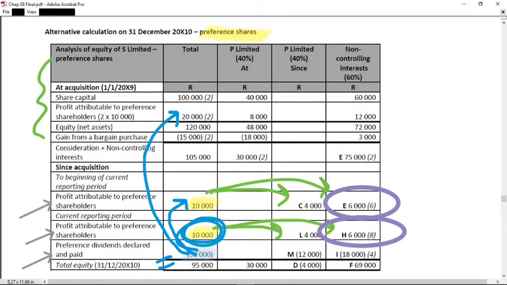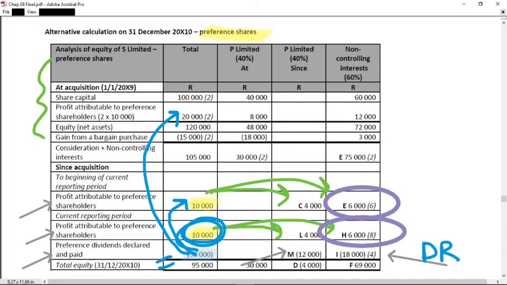This dividend line item, if it's in your analysis, you remember about it. You remember that there's income that I have to eliminate from the income of the group. There's a debit entry to my NCI in the statement of changes in equity. So if you look at an analysis of equity, I would find it useful when I have to prepare my consolidation journal entries. I will also find it useful when I have to prepare the equity section of the consolidated statement of financial position. I will also find it helpful if I have to prepare a statement of changes in